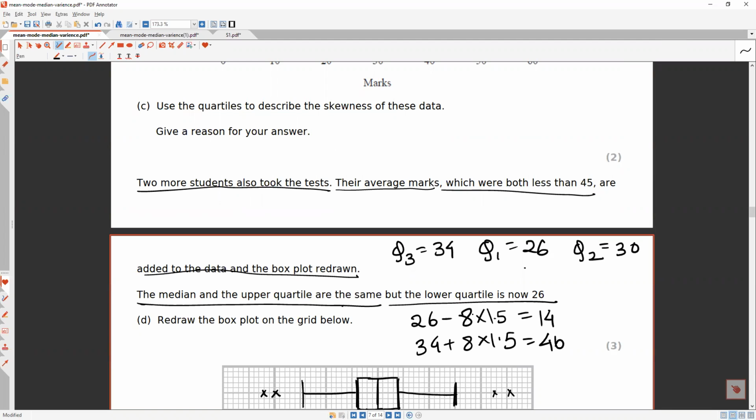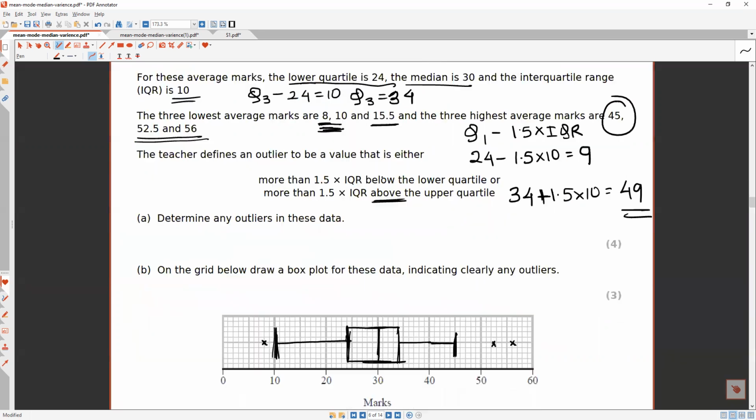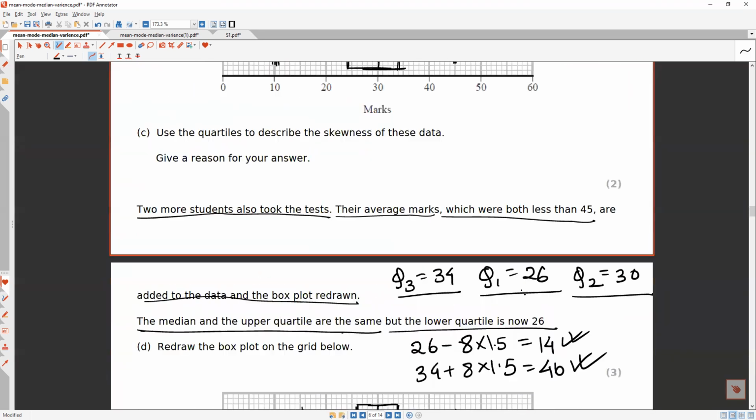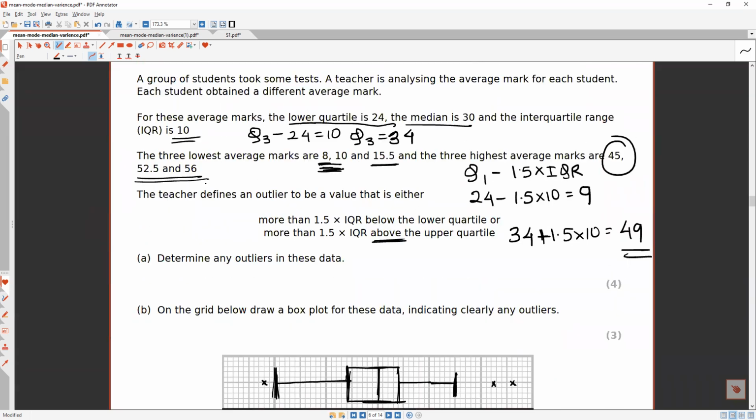is the same, Q1 is the same, sorry, Q3 is the same but Q1 is 26. So Q3 is just like before, Q1 is 26 and Q2 is just like before. So what I did here is I found the outliers. Anything less than 14, which is 8 and 10, previously I had 8 and 10 over here, 8 and 10. Anything less than 14 is an outlier, so 8 and 10 are outliers. My graph will start from 15.5. Then greater than 46, if I have greater than 46, just like before, my 52.5 and 56